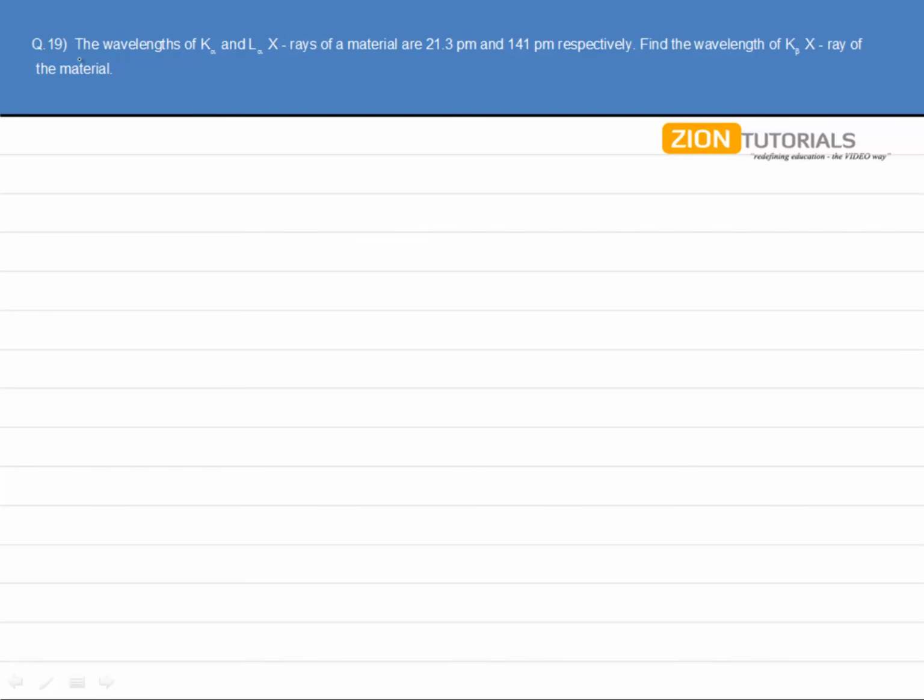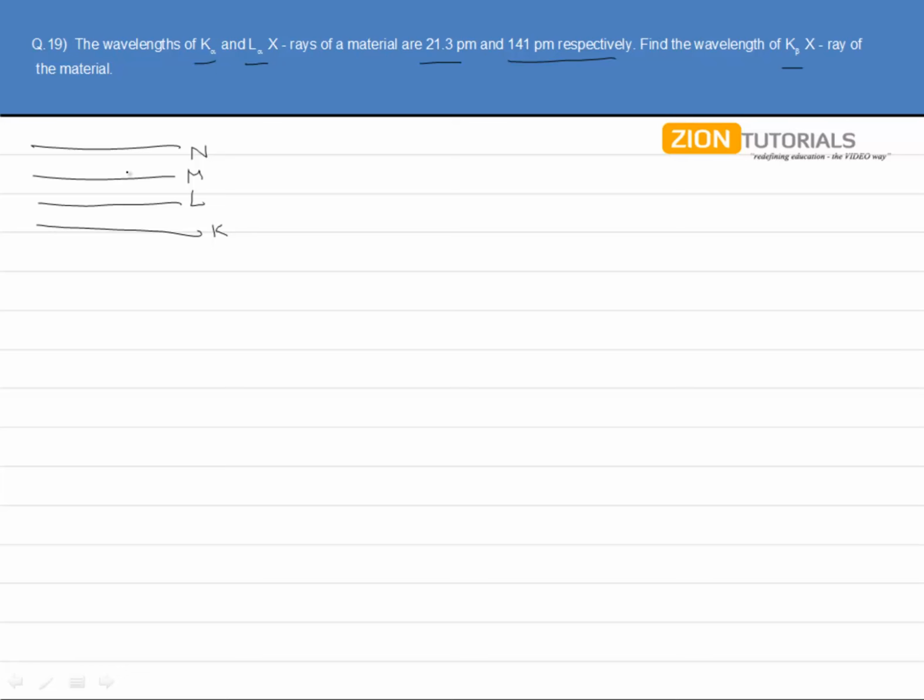As the question says, the wavelengths of K alpha and L alpha X-rays of a material are 21.3 and 141 picometers respectively. Find the wavelength of K beta X-ray of the material. Now suppose these being the energy levels of that material, these being the K, L, M and N shells respectively,